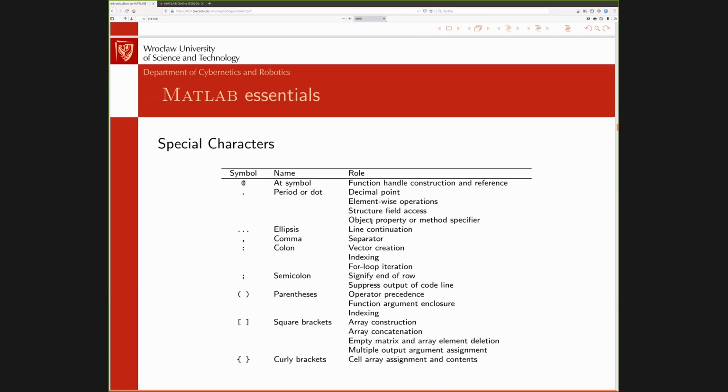Or this is the object property or method specifier. MATLAB also allows you to use the object-oriented approach. We won't discuss this during this lecture, but you use the same notation as in C++ to access the object's methods or properties. This else is 3 dots. This is line continuation. Comma, this is the standard separator like in other languages. Colon, this is